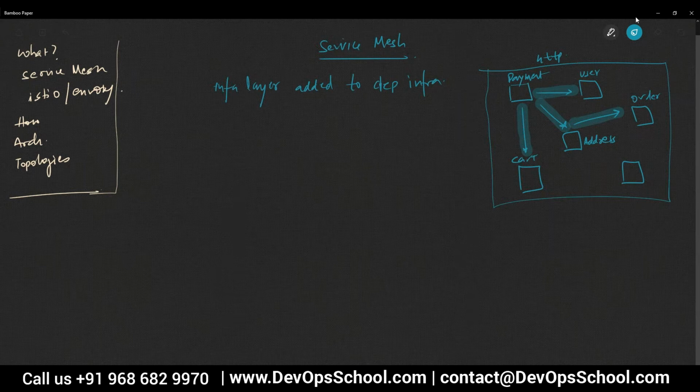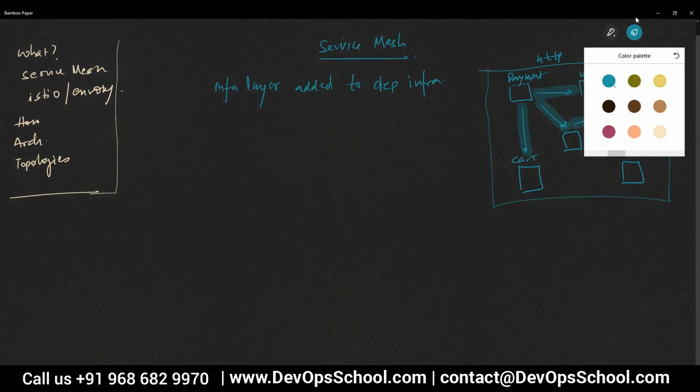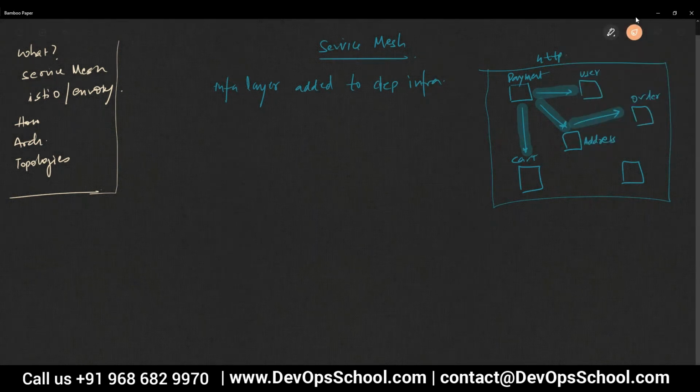This traffic is intercepted. That means your application code, which is available in the pod or in the microservice, this is application code, right? Your container that is running in the pod. Well, if we do not use a service mesh, this container in this pod talks to this container in this pod, directly. The communication is happening directly. But with service mesh, we introduce